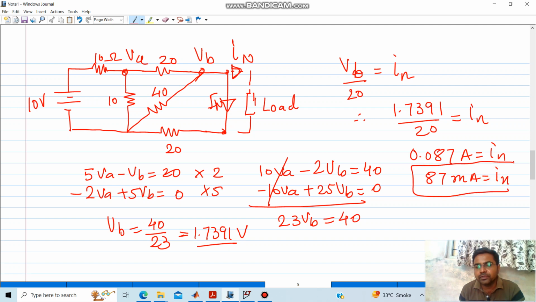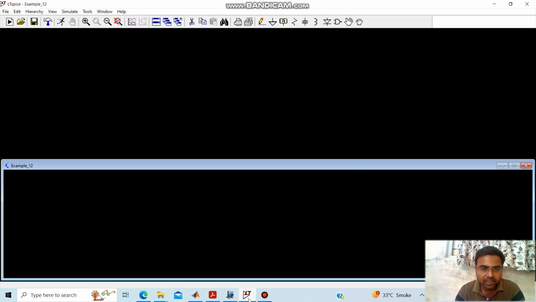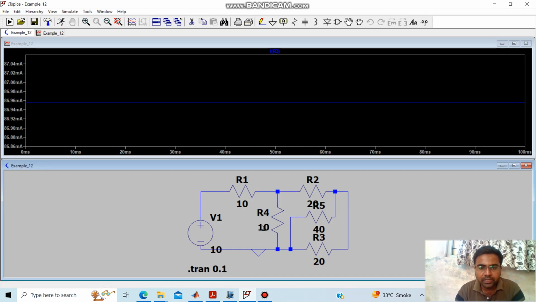So we can cross verify this using LTspice simulation. So the same circuit I have built using LTspice, and I have shorted this output, and if I run it, just look at this current which is flowing through this 20. So this is 86.96, which is very close to 87 milliampere. So what we have followed is the path of solving